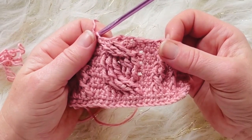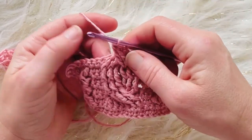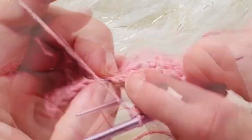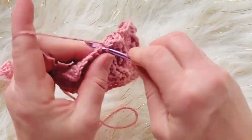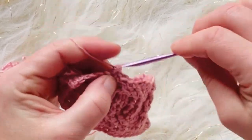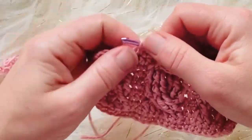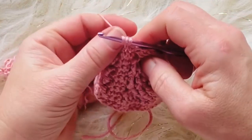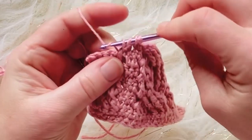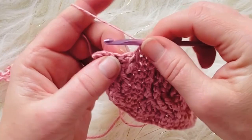Now we finished stitch 15, and we've done all of our crossover posts, and we're going to do 2 single crochets, but remember we're going to skip 1, 2, 3 and work our single crochet into stitch 16 and stitch 17. After that, we're doing a straight up and down post on the next one, and we're going to do a yarn over twice because we're doing a front post treble crochet. Go around the post and complete your stitches. Skip the one behind,